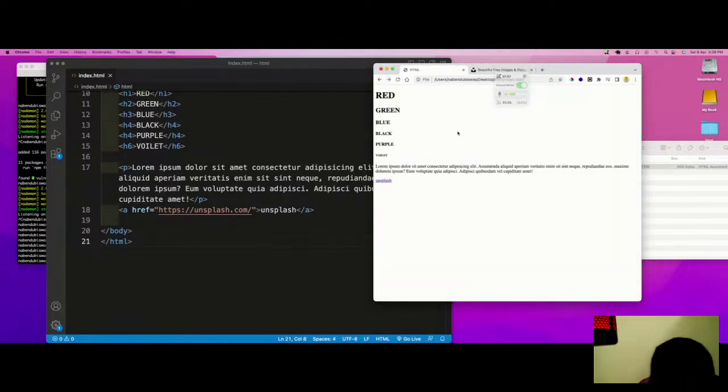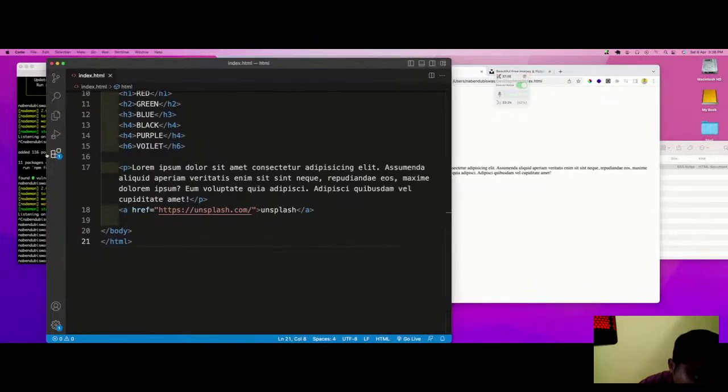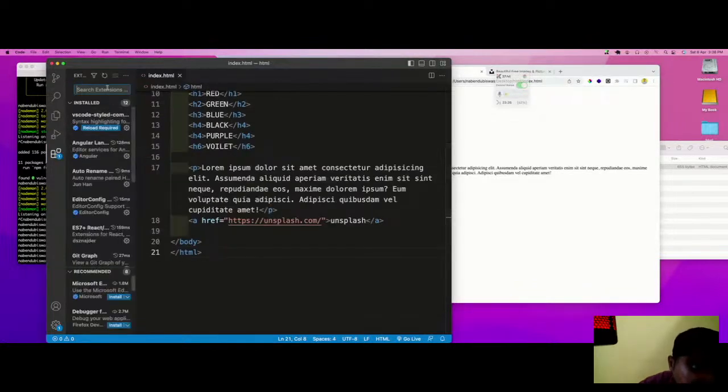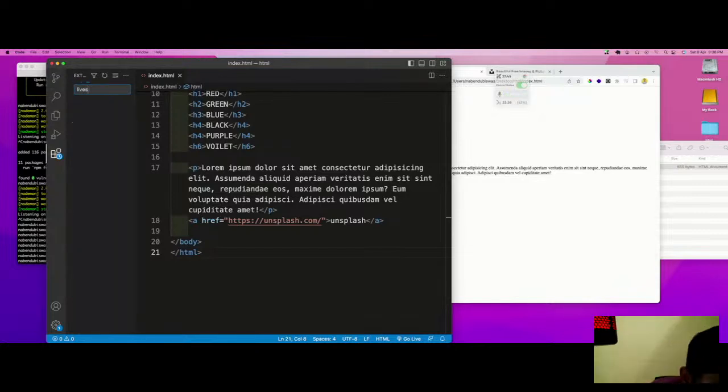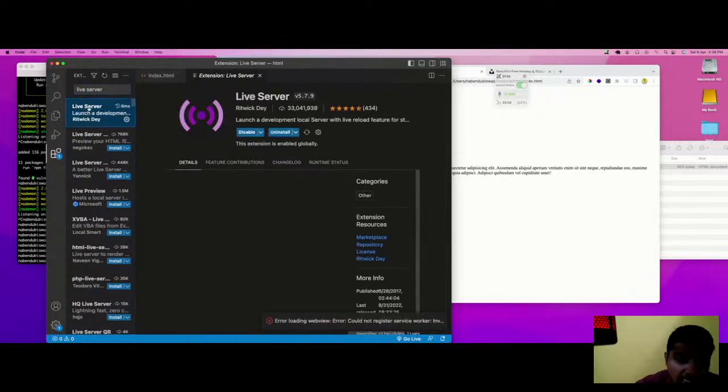Now, one very important thing. Every time it's not possible for anyone to do the refresh that I'm doing. For this, there is a solution available. The solution says that you need to install an extension with the name Live Server.